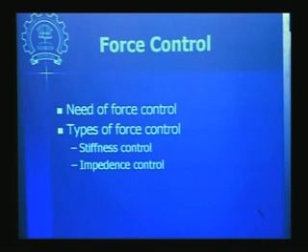So what is the basic need of force control? I'll first explain that with a couple of examples so that you can appreciate why we should really go for force control. Whenever the robot is interacting with the environment, force control becomes important. When it has to move any object from one point to another point, without having to bother about anything else the object is interacting with, then it becomes purely a regulation or trajectory tracking kind of problem.